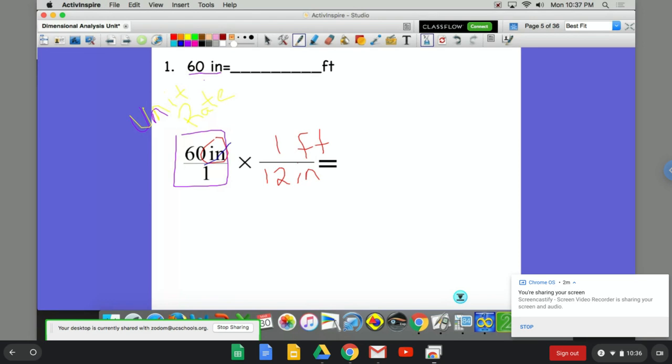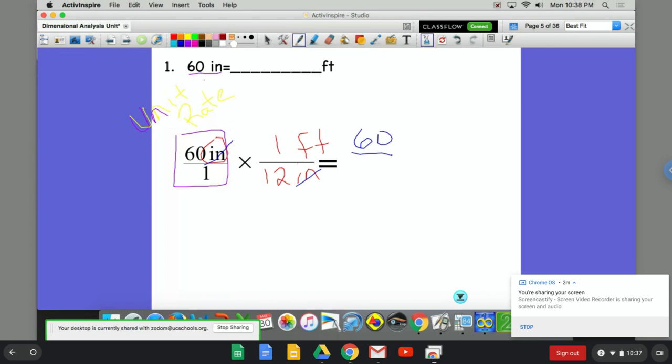Now we know that inches will cancel because we have inches on the top and inches on the bottom. And now we're left with feet up top, and we will always want to be left with the measurement we want on top. So now once we have done this, this is the awesome part, we just get to do the math, which is 60 over 1, which we know is really just 60 times 1 over 12,